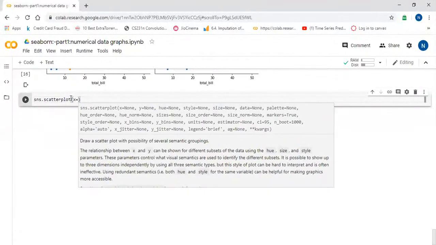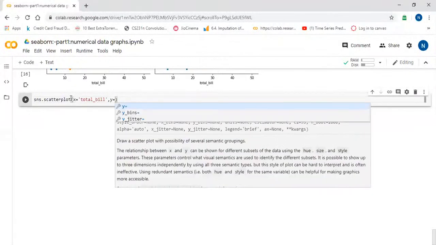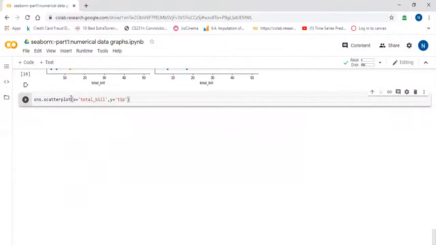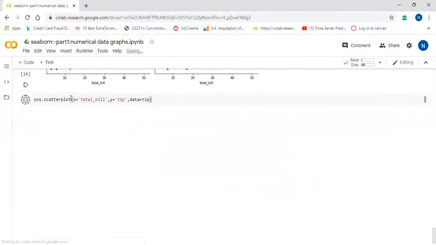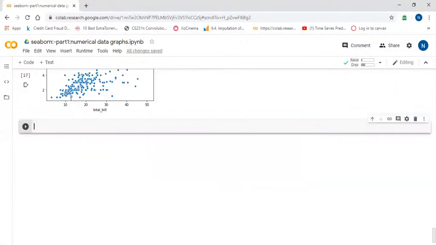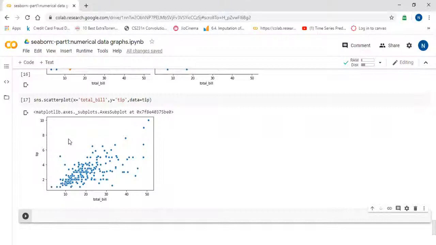We can provide the same parameters: x is equal to total_bill, comma y is equal to tip, and data is equal to tips. The same graph which we showed at the very first is present over here. So you can use the scatter plot. You can directly use the line plot as well.